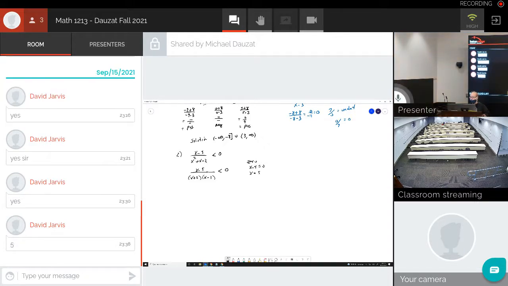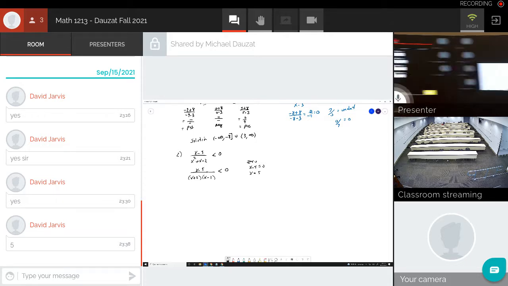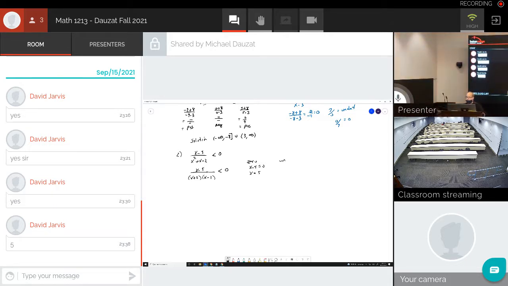Positive 5. So there's your 0. So that's one of the things you're going to put in your number line. Then we do the denominator. So step number 3 deals with the denominator. Step number 3 is where you're finding what makes this rational expression undefined. Well, this rational expression is undefined. Notice my words, is undefined